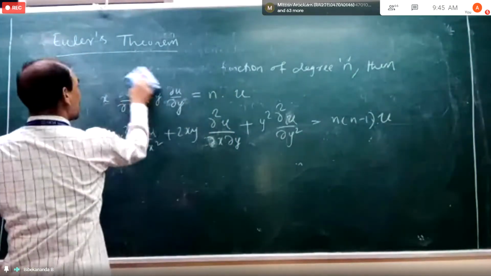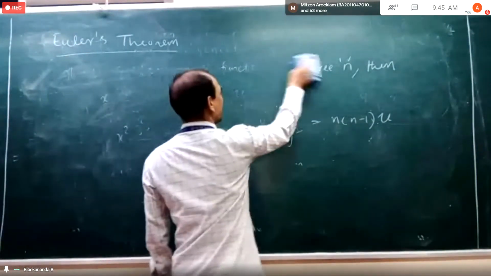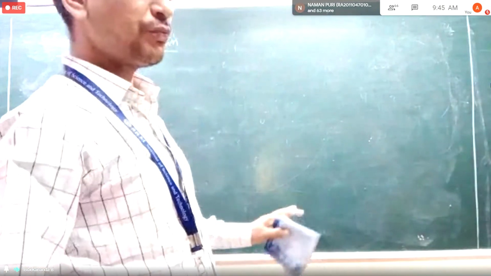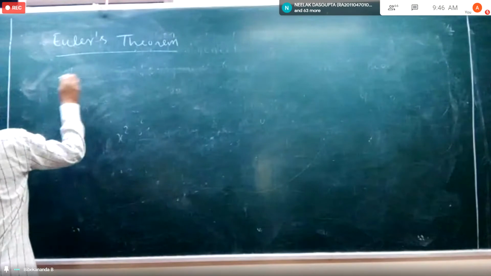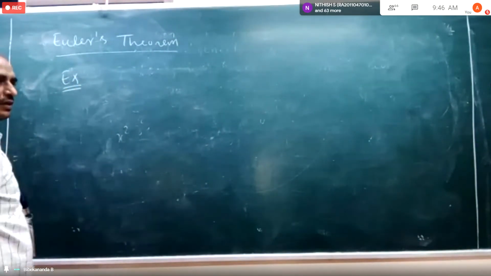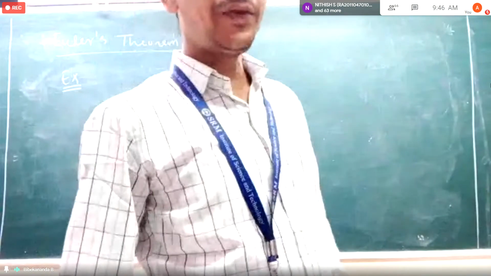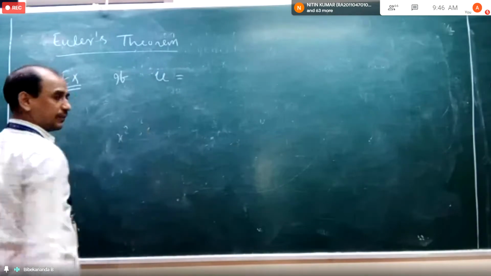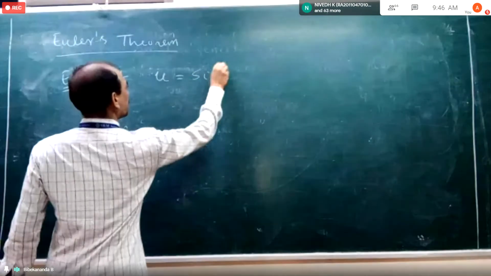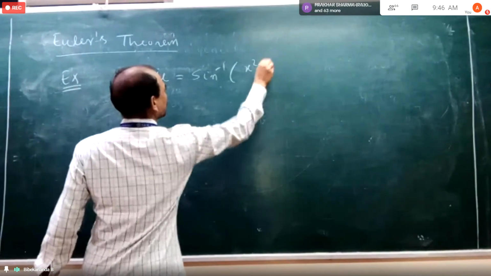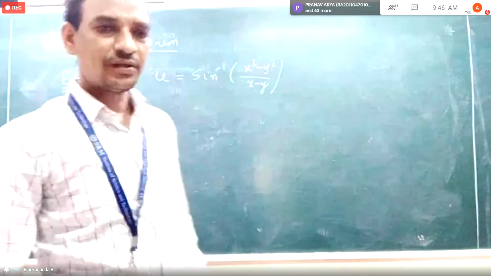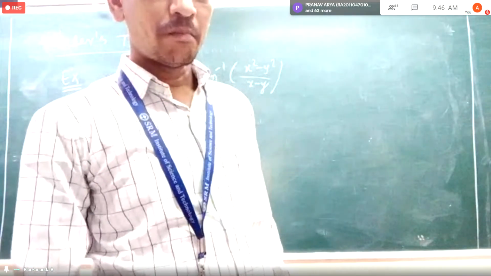Okay. So now we will work out a problem using this theorem. The theorem proof is not needed. We will just solve a problem using the statement. So the example is: if u equal to sine inverse of x square minus y square divided by x minus y, the previous example only, if u equal to this,